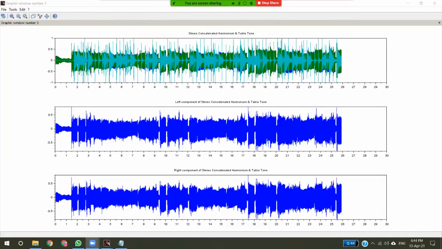Now let's come to the second graph, which is the left component of the stereo sound. That is, we are taking both the sounds, separating them from the concatenated tone. So the first tone, which we hear on the left side of the earphones, is separated, and on the third graph we'll be hearing the right side of the earphones.